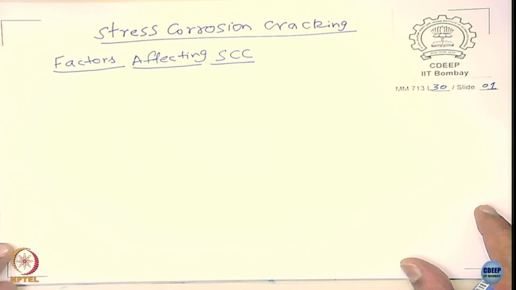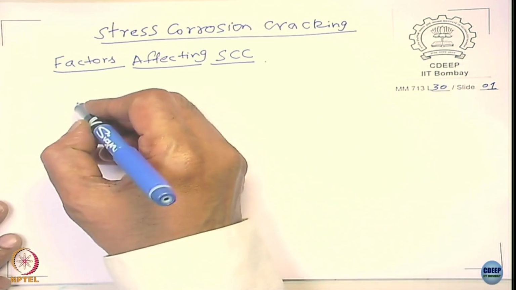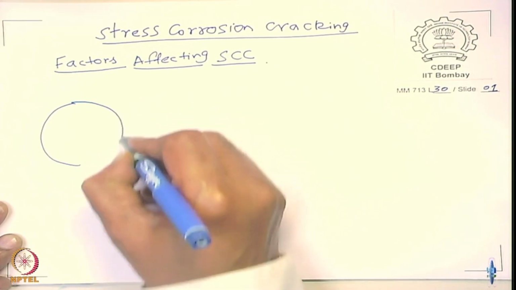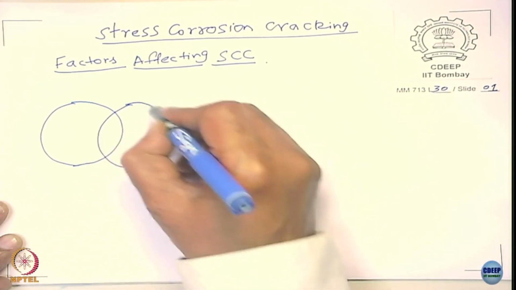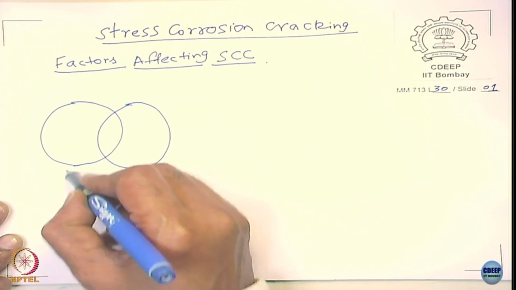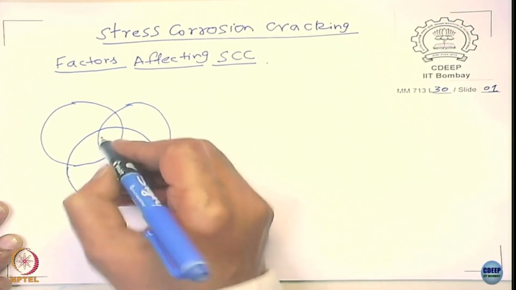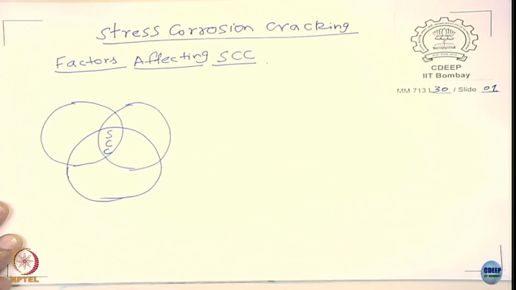If you recall, I have given you the Venn diagram, right, wherein we discussed what is stress corrosion cracking. This is SCC, the phenomenon that happens, and the factors involved are